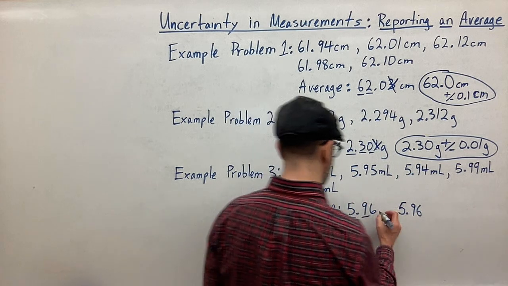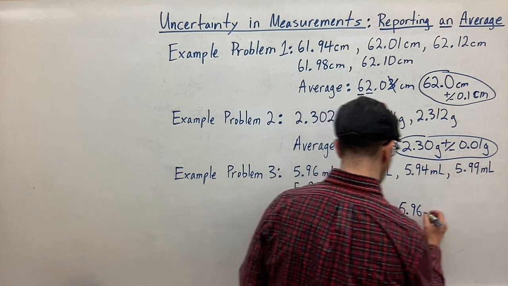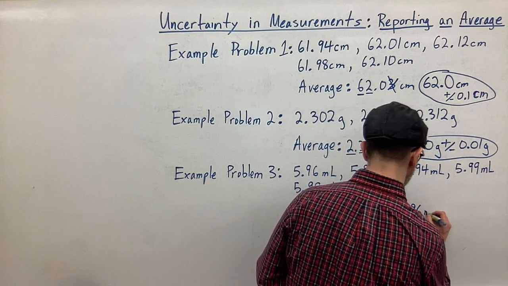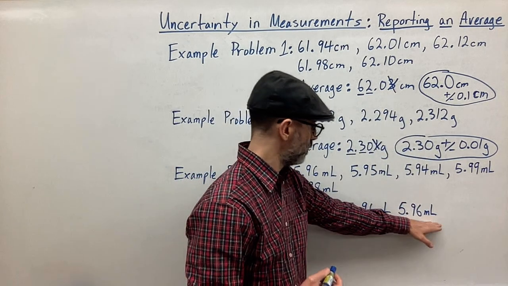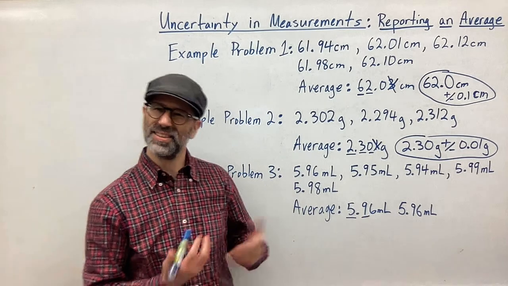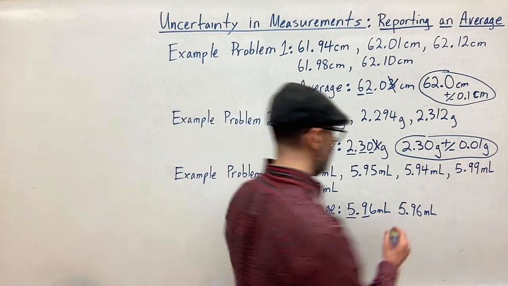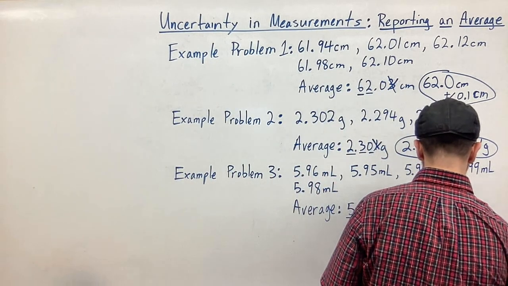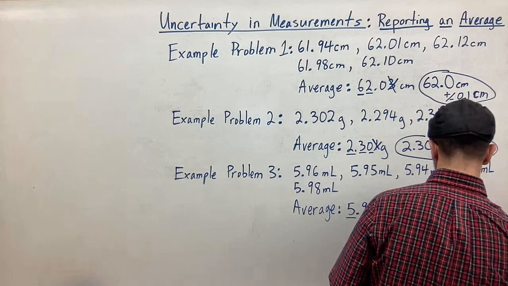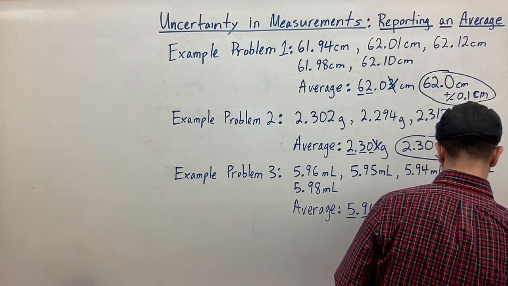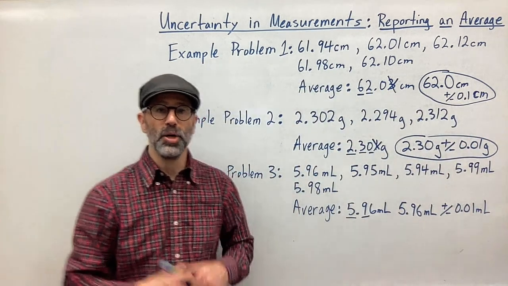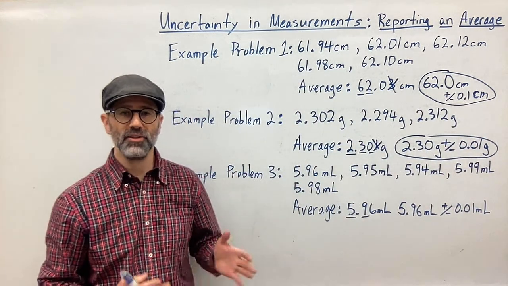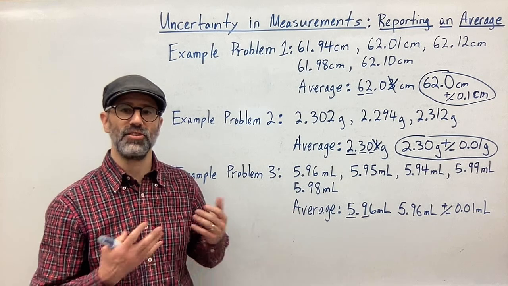Oops, this should be milliliters. So it's going to be 5.6 milliliters that I'm going to keep for my average. And now the question is, is this plus or minus 1? Can I just write down, oh, it's going to be plus or minus 0.01 milliliters of uncertainty? Normally you can do that, but in this case, you can't assume that because that's not actually